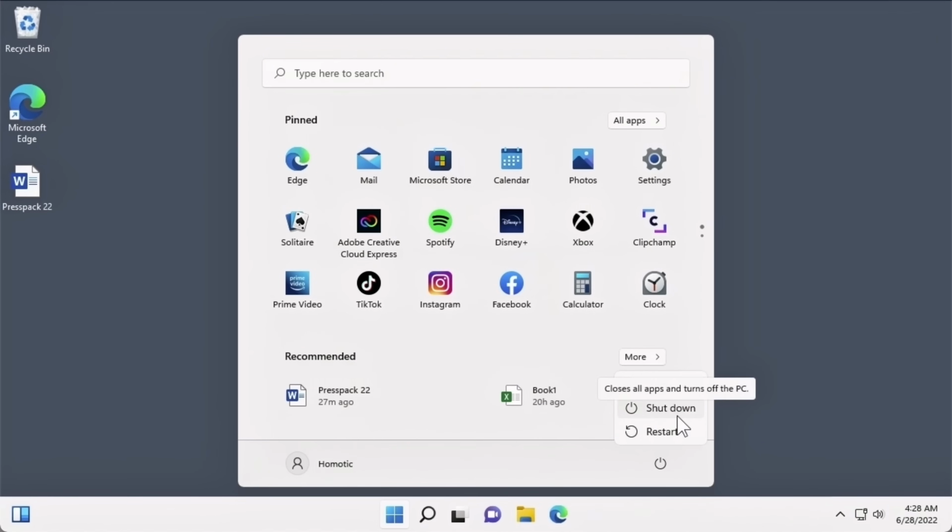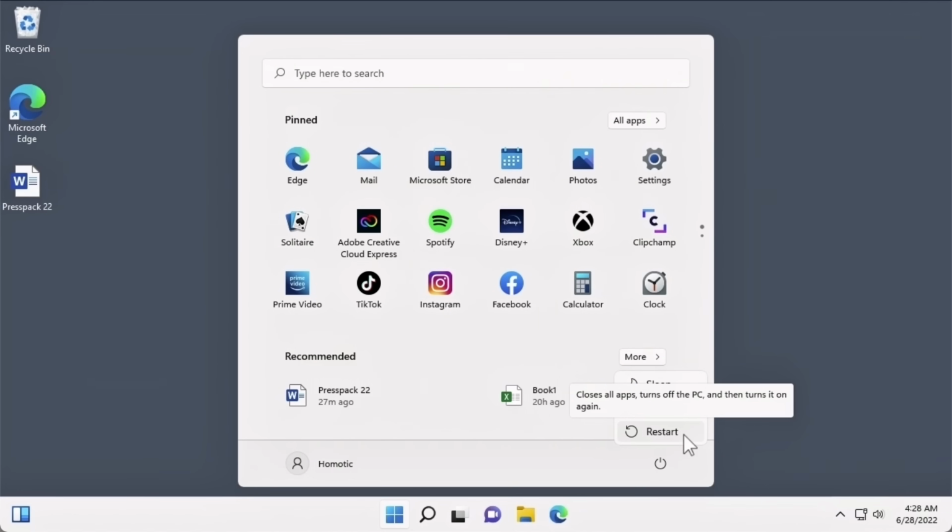Next is the option Shut Down, which will turn off the computer completely. Then we have the option Restart. Restarting your computer will close all programs and finalize all pending input and output operations before initiating a soft reboot. This process reloads the operating system files and is used to fix many common computer problems such as slow processing